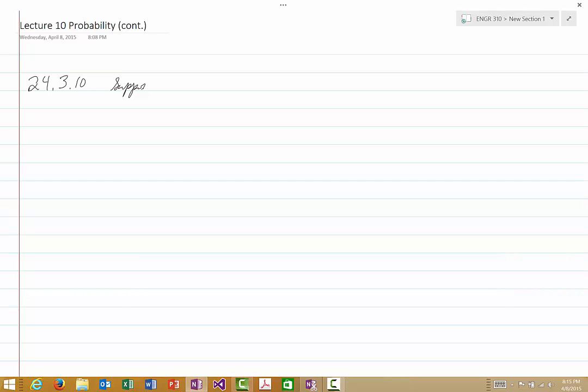It says, suppose that we draw cards repeatedly and with replacement. So that means we draw a card, look at it, and then put it back. Draw another card, look at it, and put it back. And just keep on doing this process. So we draw cards repeatedly and with replacement from a file of 100 cards,